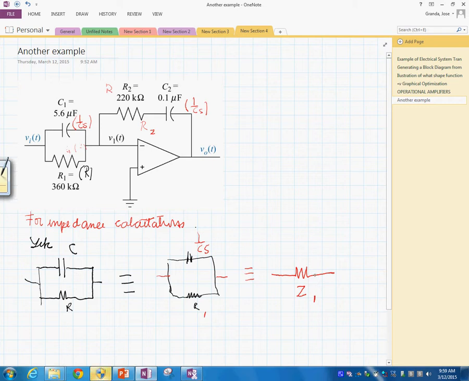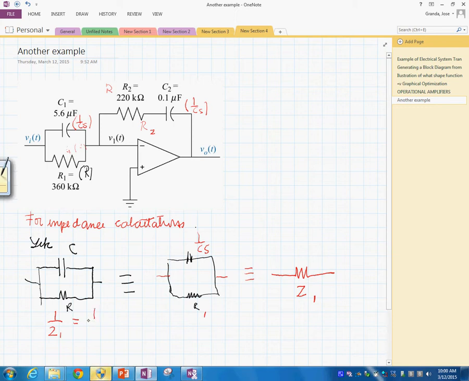Okay? Do you remember if this were treated like resistors, how you handle them when they are in parallel? I am sure you remember that 1 over the impedance Z1 will have to be